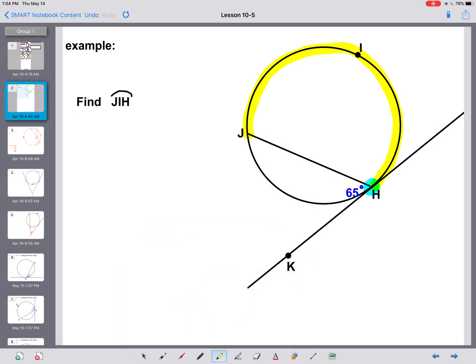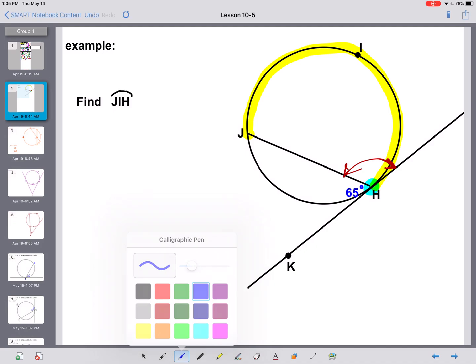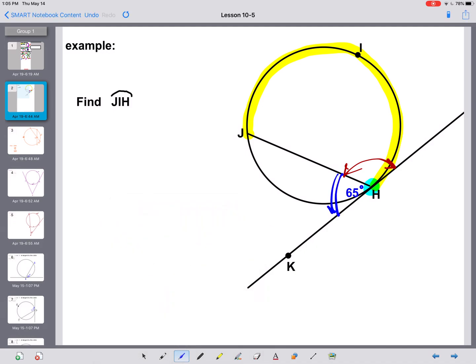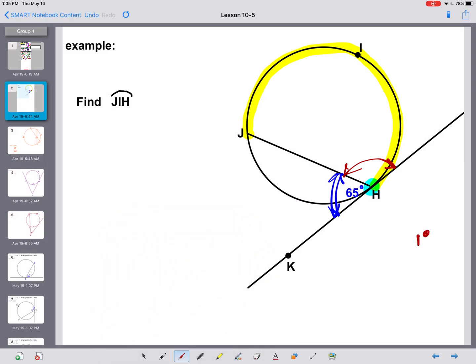Well, then why don't we get the angle right here? Let's find this angle first. Wait a second, these two angles, this one here is 65. Okay, that one's 65. Let's figure out this one. They make a linear pair. Here we go, 180 minus 65. What's that, 115? There it is,